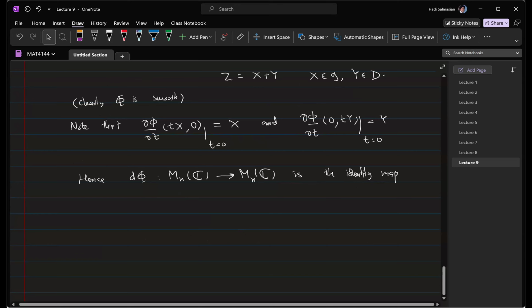And now, if you remember from your calculus courses, we have this thing called the inverse function theorem, which says that if the derivative of a map is invertible, then it locally provides a diffeomorphism. So by the inverse function theorem,